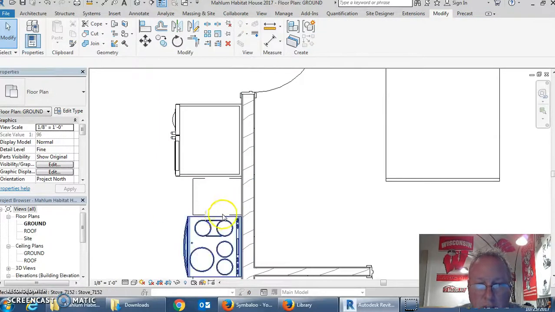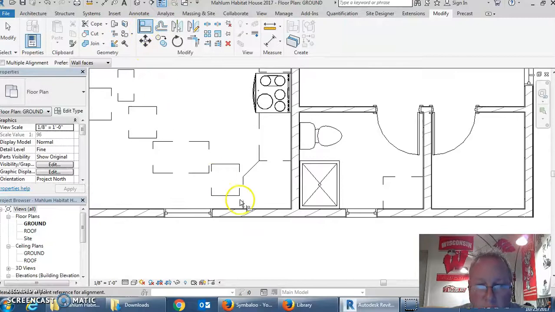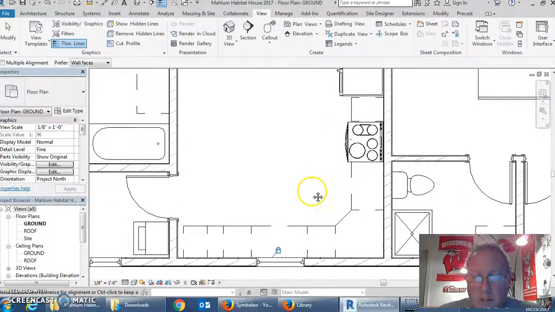There we go. So this cabinet's kind of just hovering in there. Same thing, I'm going to use the Align tool along this wall. I think you get the process at this point. So I'm going to hit pause and do the rest of them. Now that I have all of the cabinets in place, you can see that there's this unusual gap at the